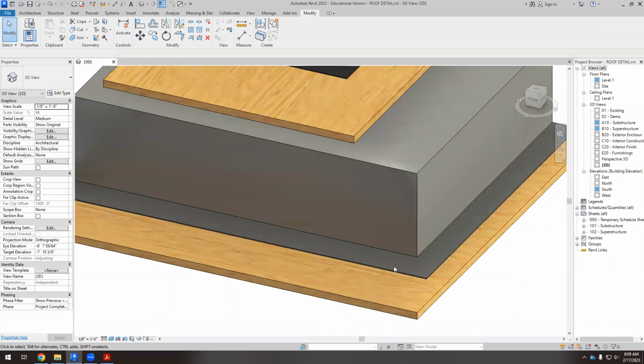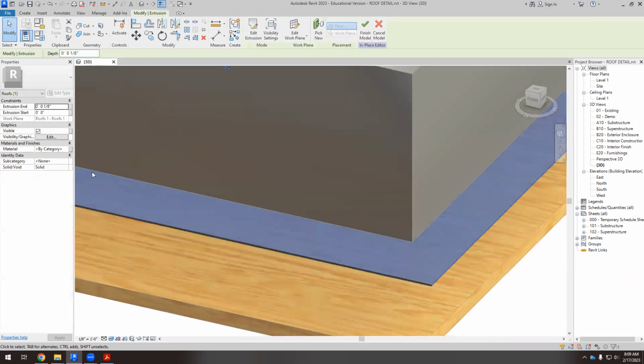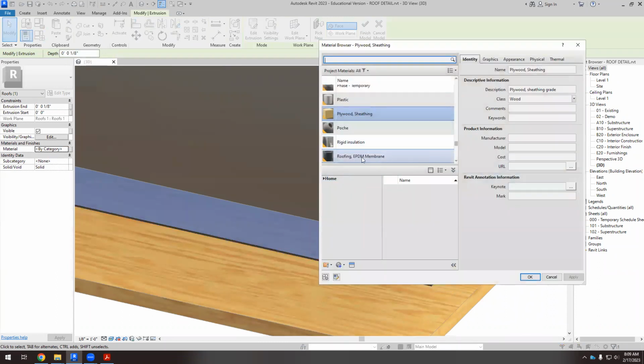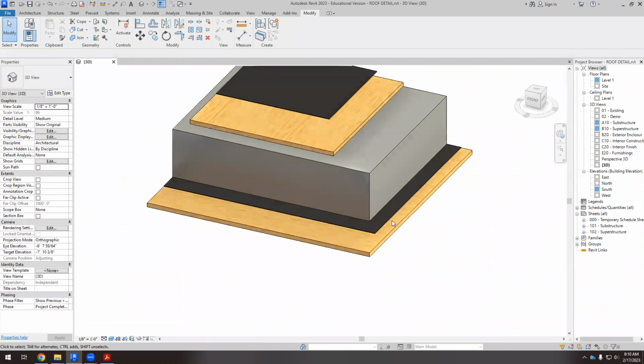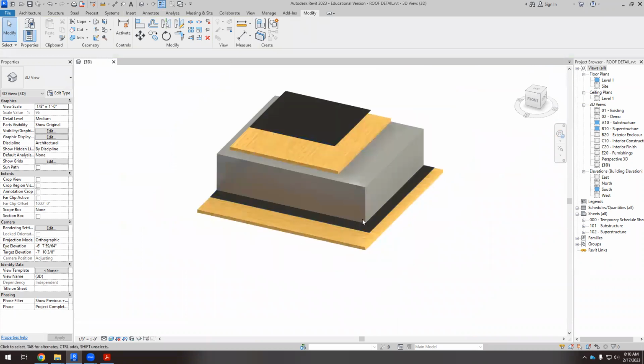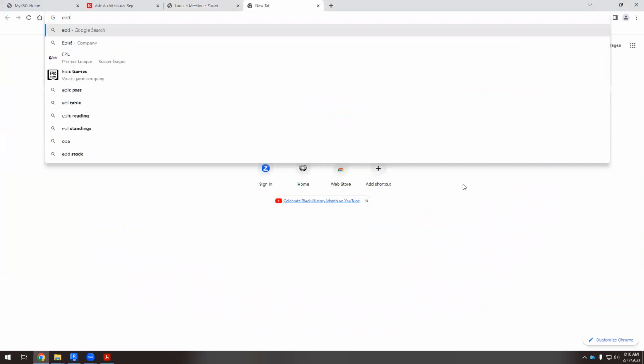And this, did we assign a material to this thing? I don't think so. Let's edit in place. Material, yeah, we don't have anything here. And what's that? We can use this roofing EPDM membrane. It's something like, yeah, black. Okay, so it's when we are dealing with this EPDM